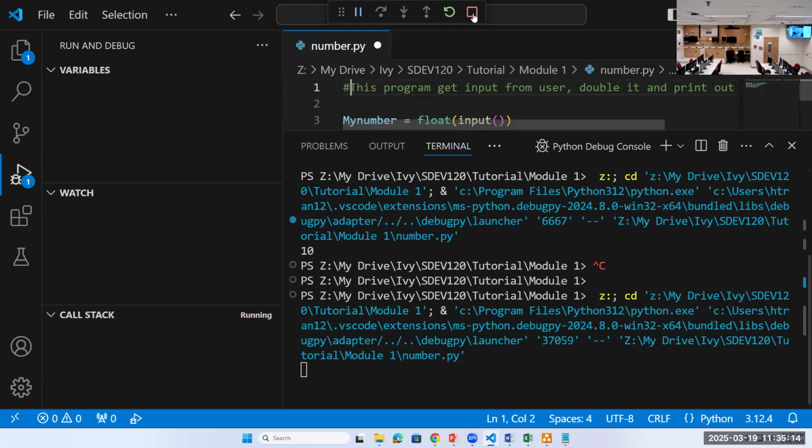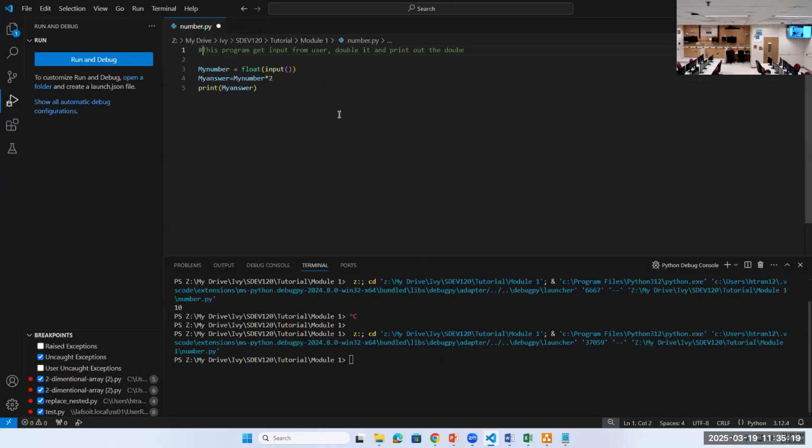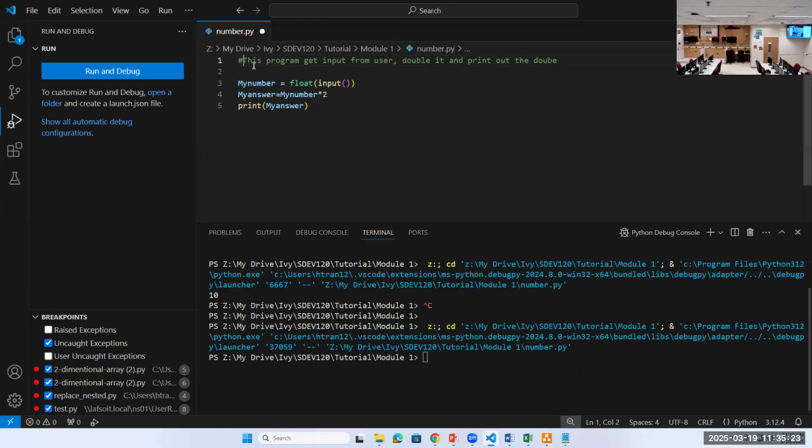So this is the process I put the comment in the Python here. I use a hashtag here. So from the computer's point of view, when I execute the program, it has no benefit to my program. When I execute it, you can see it ignores everything, because when it sees the hashtag, it ignores it. It does not execute it here. So the first step you can see here, when I run my program again,